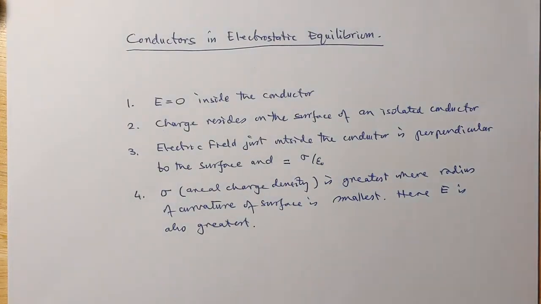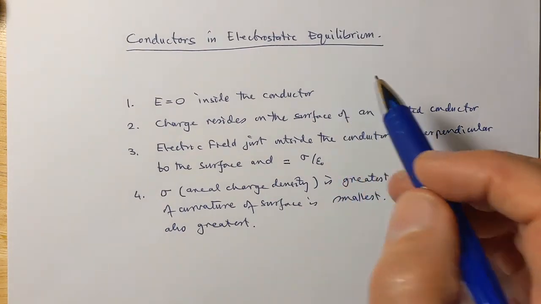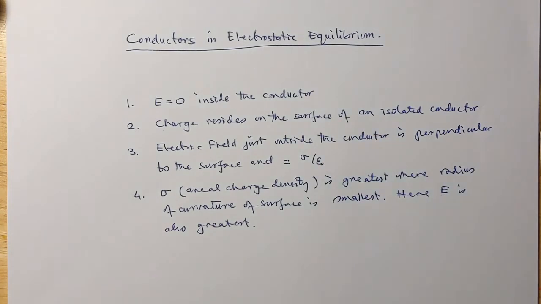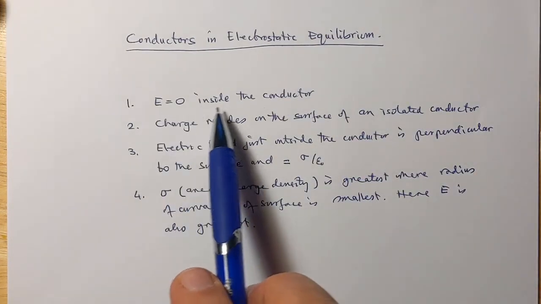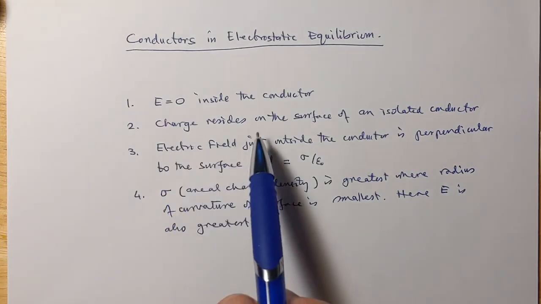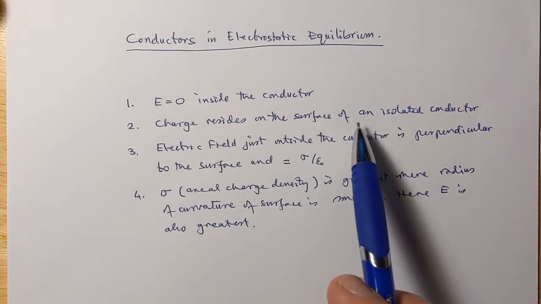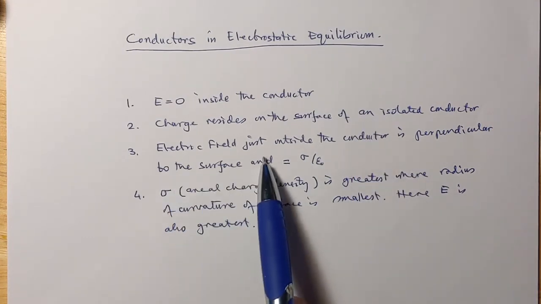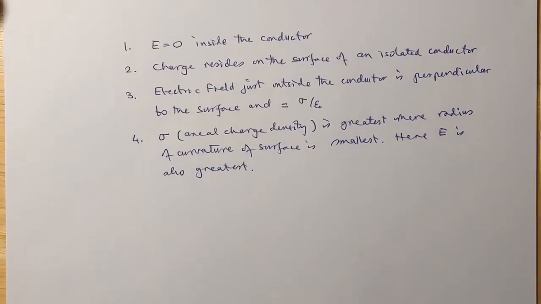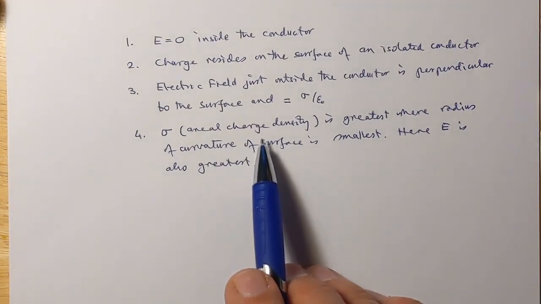We will now see the electric field and electric charge inside a conductor, which means inside a metal or any other conducting material. There are four things that we need to see here. One is that the electric field inside the conductor is zero. The charge on a conductor will be on its outer surface. The electric field outside the conductor is perpendicular to the surface,